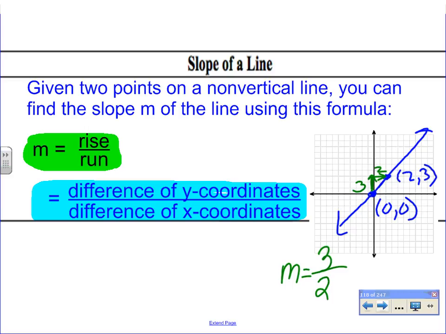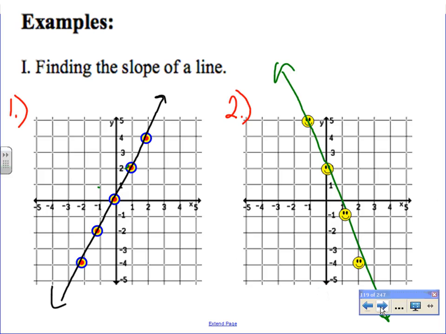So how many of you remember this? Anyone other than Nathan? Awesome. Okay, so in the examples, next, I have for number 1, I need to find the slope. So I'm going to pick 2 dots. I need 2 dots, and I'm going to find m. So I'm going to start here,